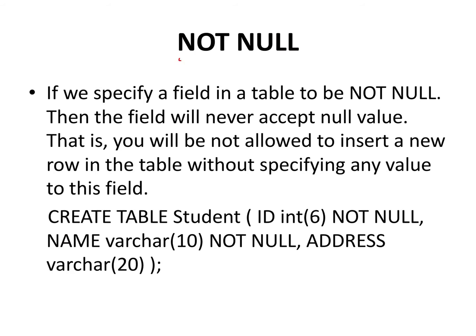The first one is not null. I can declare any column of a certain table to be not null. Once I declare it as not null, as the name itself makes obvious, it cannot have a null value. I have just pasted an example also, in the create command. We have already been introduced to the create command, so please brush up the create command syntax so that you better understand this constraint concept.